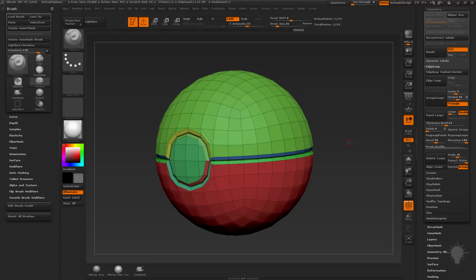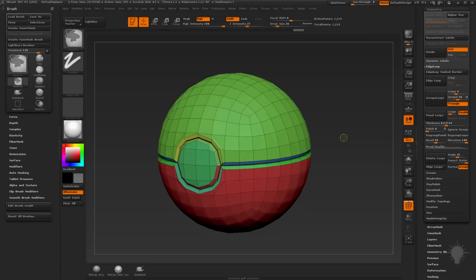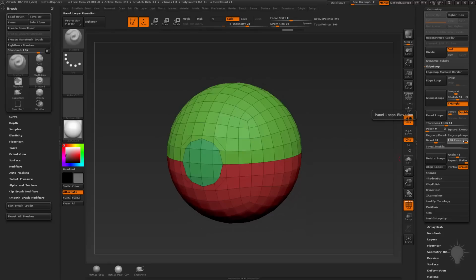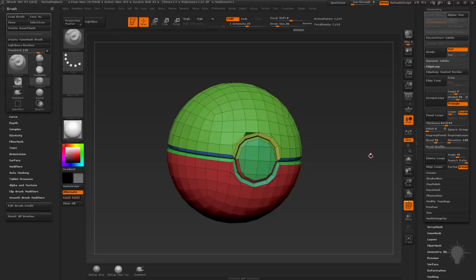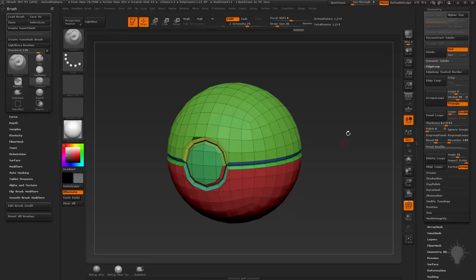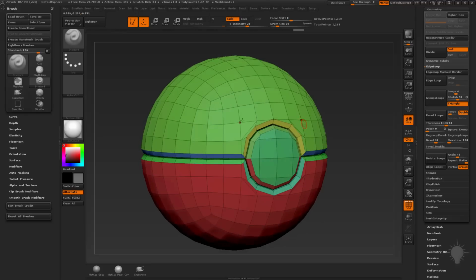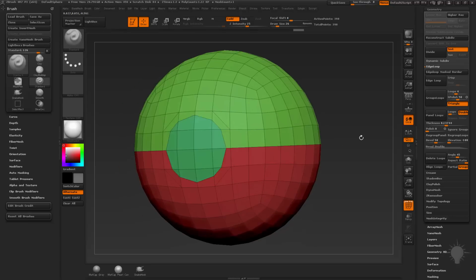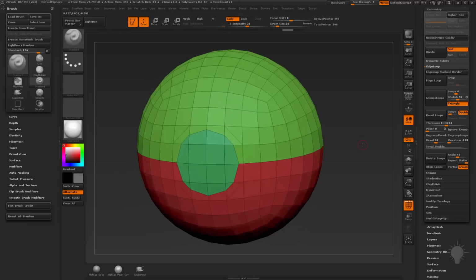its panel loops, which is okay in this case. It's not a huge deal. But if you don't want that to happen, change your elevation to -100. And now when you hit panel loops, it's going to keep that outer shell right where you left it. Now it is beveling in these bevels, which is okay, but most of the Pokeballs I see, it's pretty sharp,